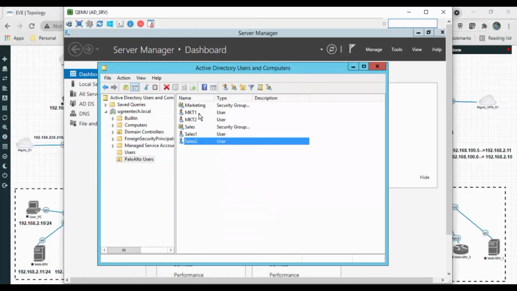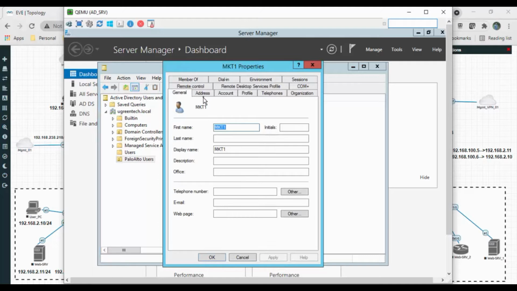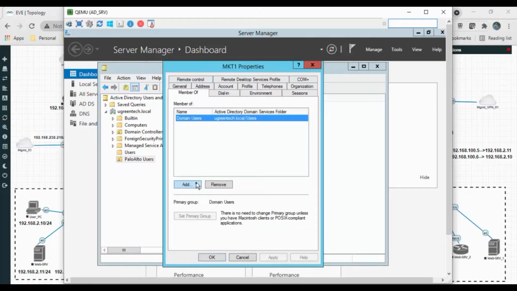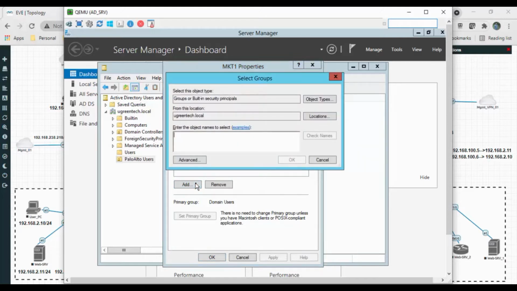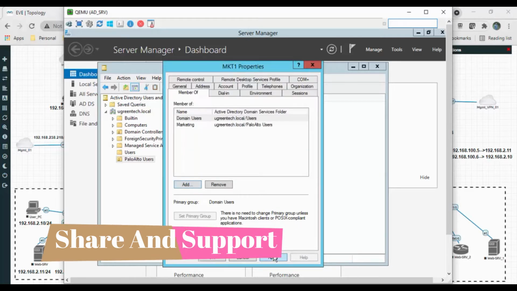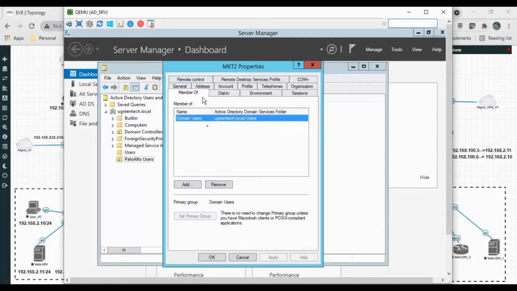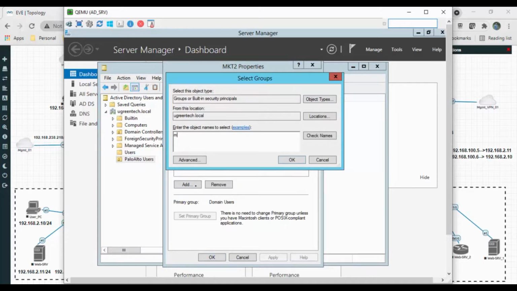So now I will move these users. Right click, properties, and I will go to member of marketing. Click on apply, click on OK. Right click properties, member of, add marketing.